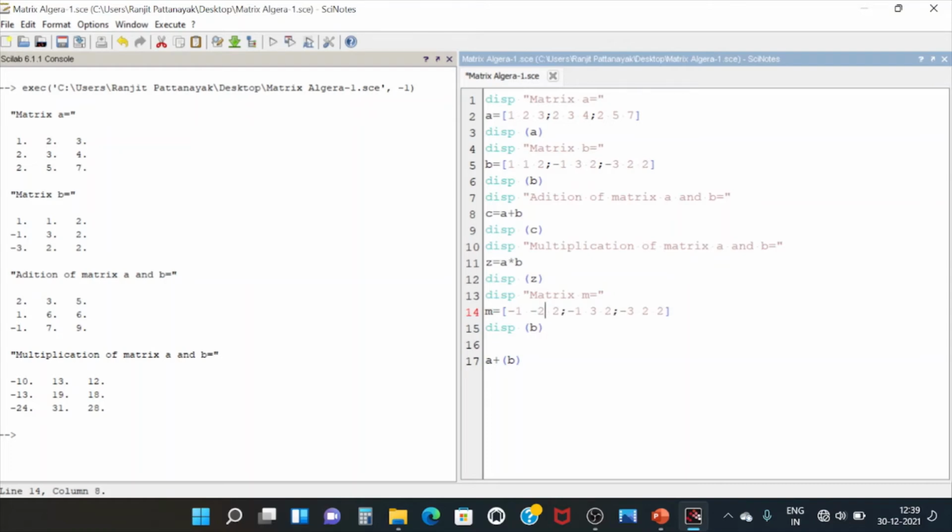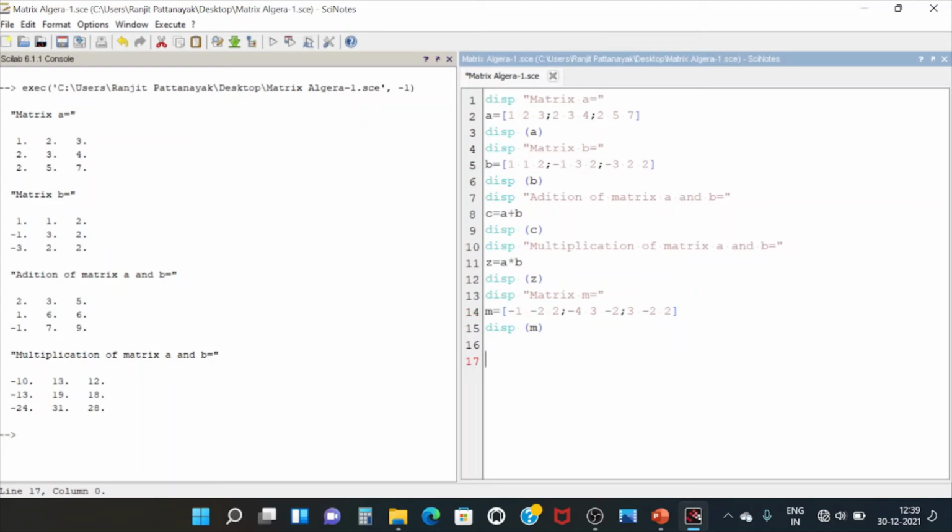Minus 3, 2, and this will be suppose 4, minus 4, 3, and minus 2, and this will be 3, minus 2, 2. So here we have three matrices defined in the Scilab. This is your first matrix A, B is the second matrix, and the third matrix is M.